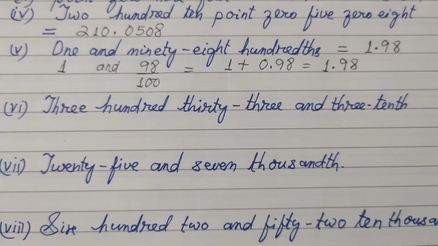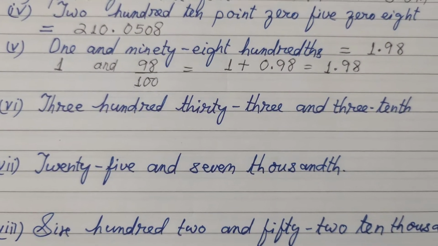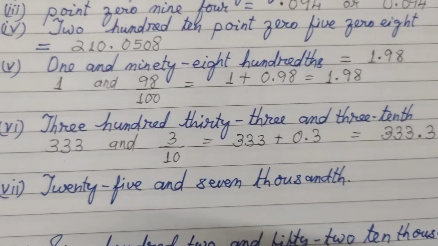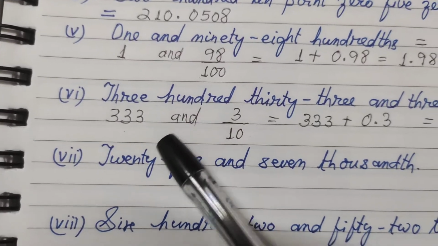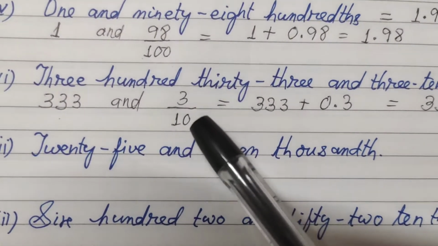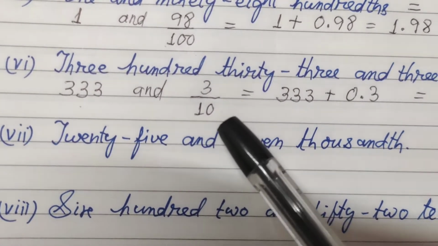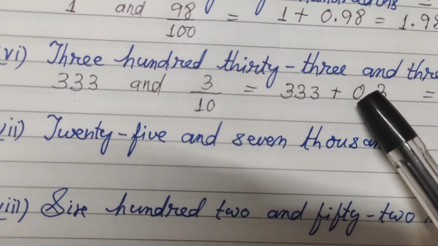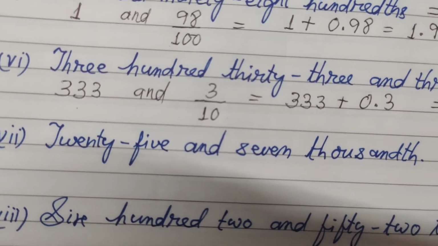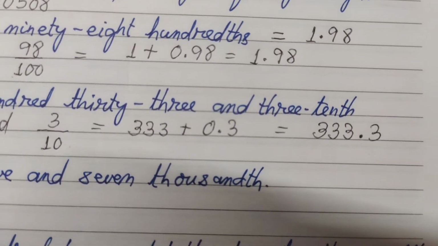Next is 333 and 3/10. Now let me also illustrate and write this for you. Okay, here it is for you. 333 and 3/10. 3/10 is written this way, 3 by 10. Again, in the denominator there is 1 zero, so after one number there will be a point. So 3 by 10 can be written as 0.3. Alright, so 333 and 0.3 is 333.3.